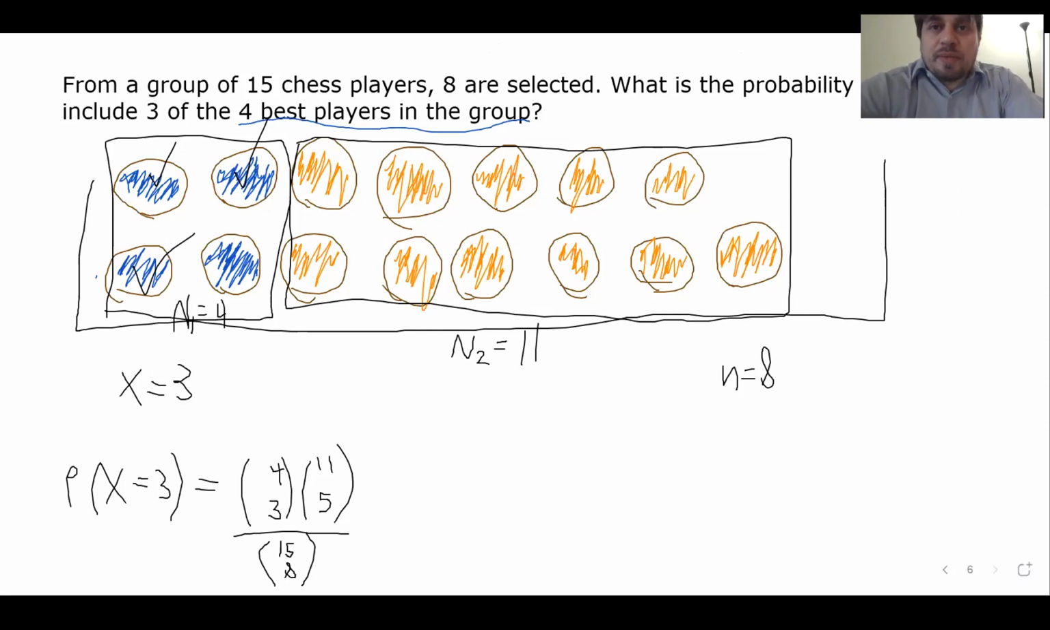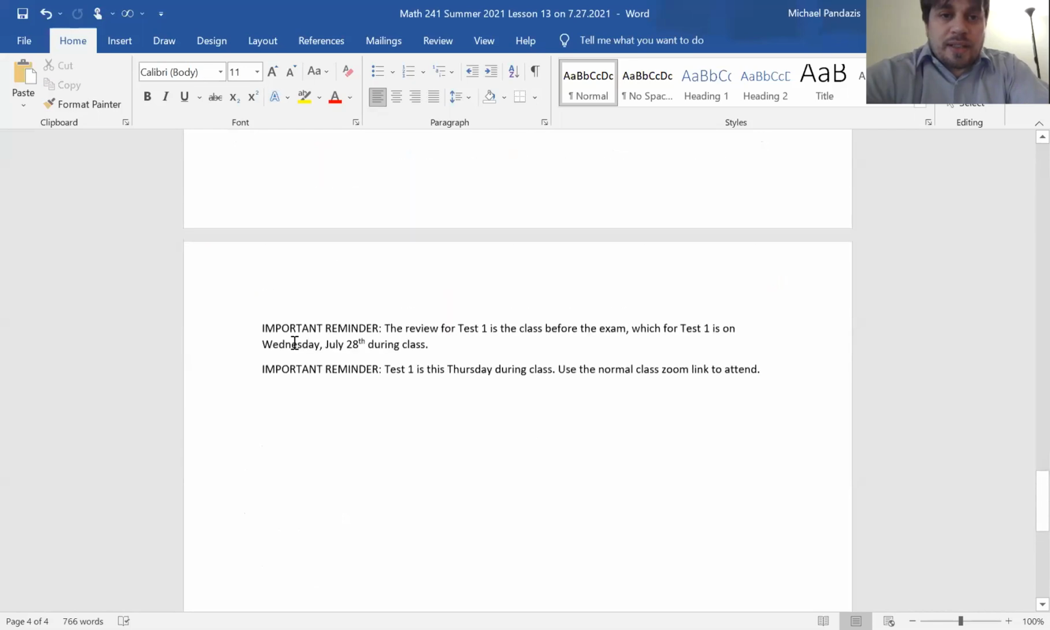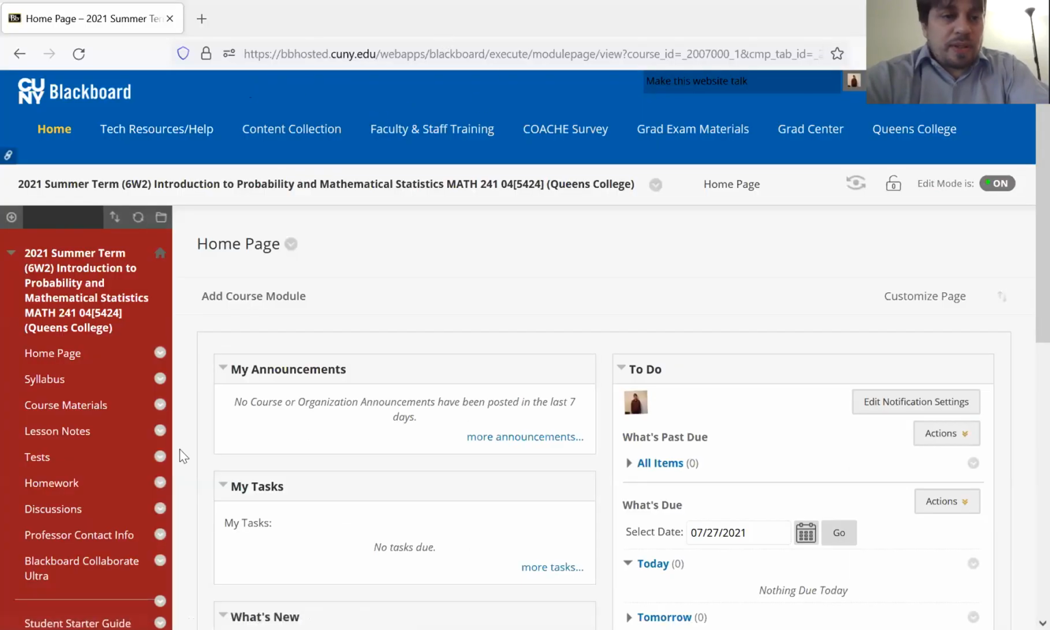So keep in mind, before you go, remember that the review for test 1 is tomorrow, right? The review for test 1 is going to be tomorrow, and test 1 is this Thursday, during class. If you're not sure about how to take the exam, I went through everything. If you go to Blackboard, you should see Blackboard on the screen now. Here's the main screen. It looks pretty much like this for you. If you go to tests,